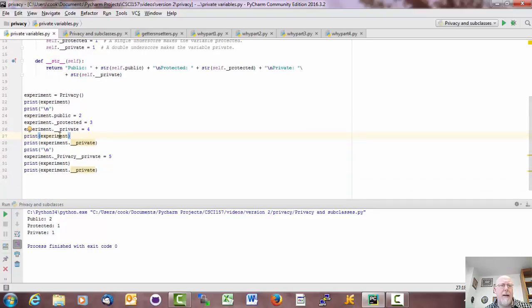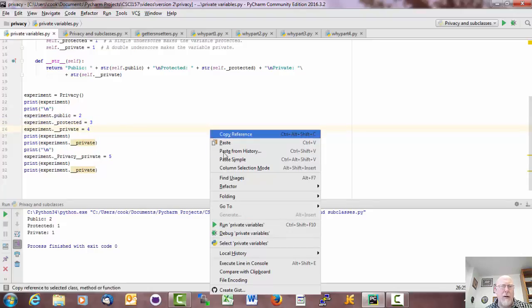In this case, I'm printing out the class, but here I'm printing out experiment double underscore private separately, and we'll see why that's the case after I run this. And then down here, I'm making this weird variable 5. So let's run this, and let's look at the output, and then we'll see perhaps what's going on here. I'm going to run private variables,